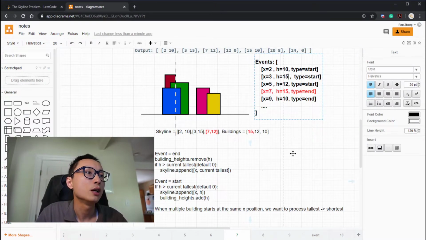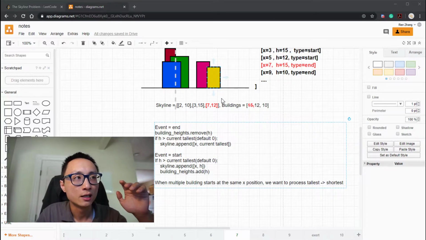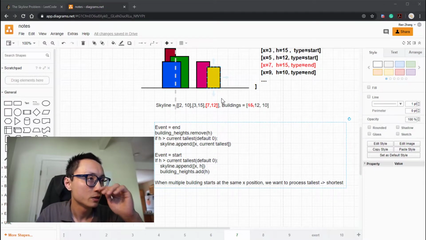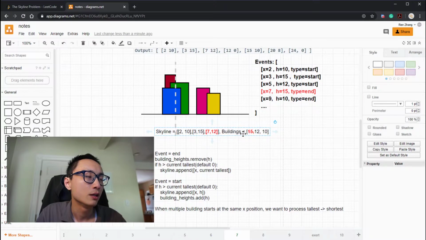So how do we handle that? The logic is laid out here. Basically, the ending event means that the building of that height has to end here. So the thing we do is remove the building's height, 15, from the active buildings' heights. Basically, get rid of 15 from this list or data structure, so that the result will